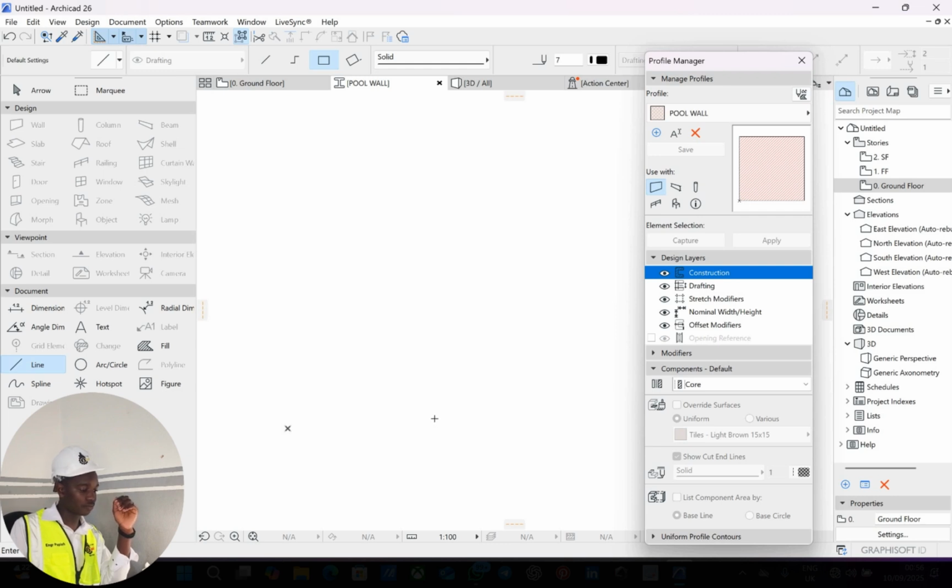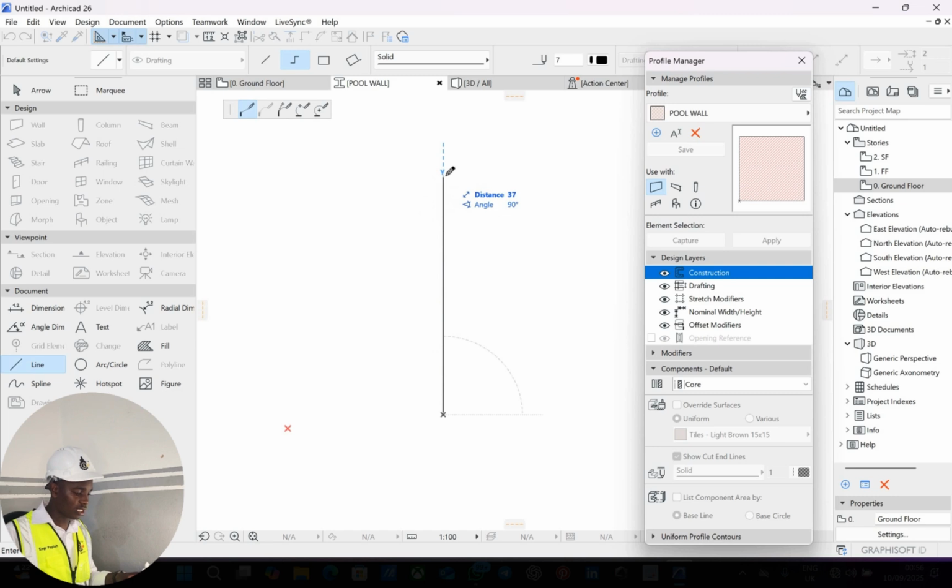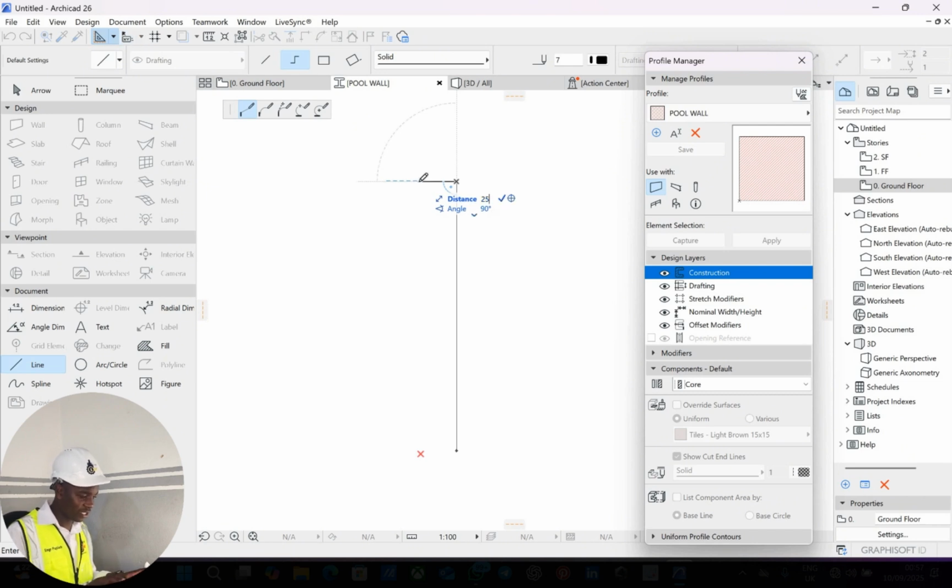Maximum is 1.8 meters. So 1.8 meters is 180 centimeters. So I type there 180. I click enter. So this is it here, 180 centimeters. Now I put here 25 centimeters, 25, enter,